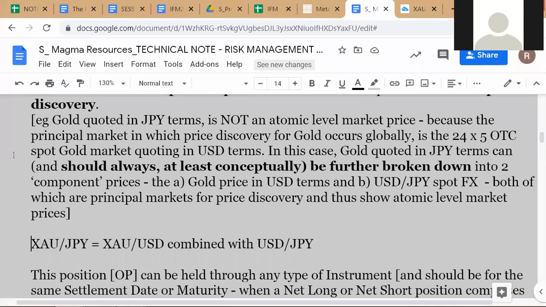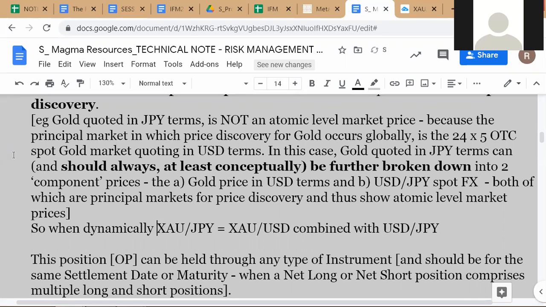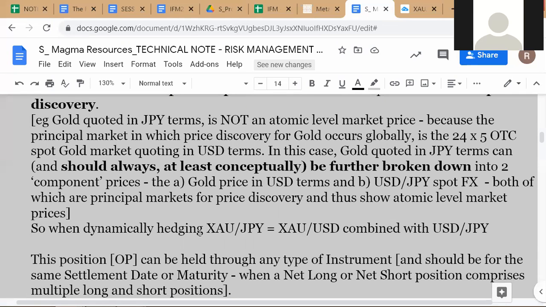Okay, so I'll give a further example here. When dynamically hedging, dynamically hedging means you can hedge and unhedge and again come back to hedge. We'll explain what all this hedging means, but you can hedge and unhedge multiple times. When dynamically hedging a short XAU JPY position,